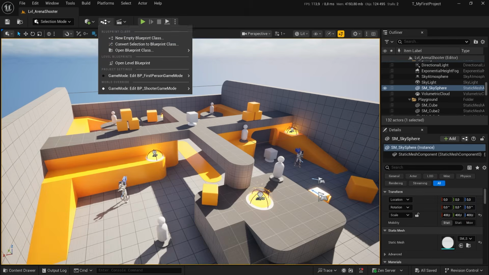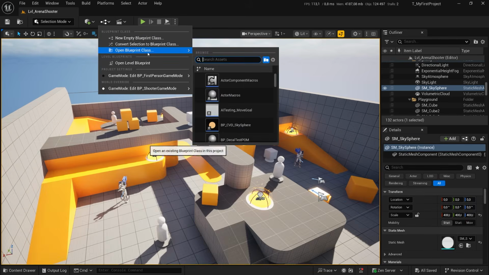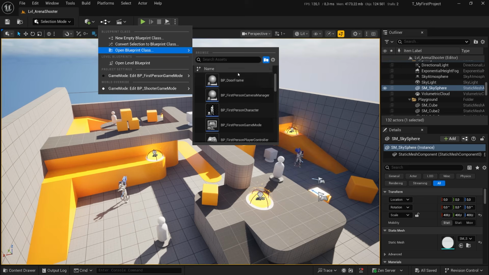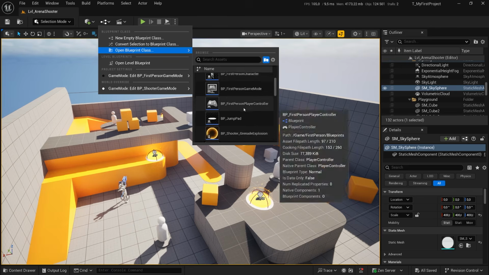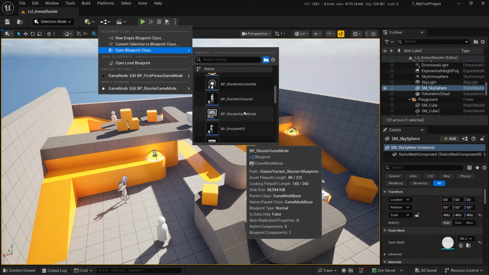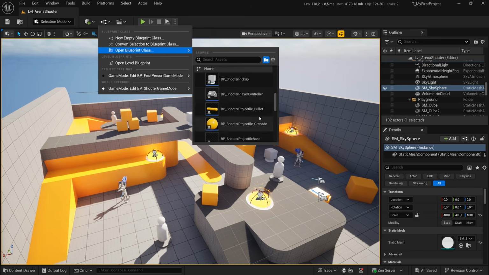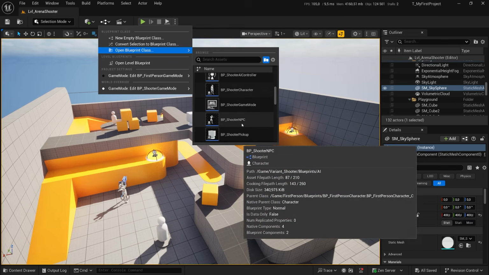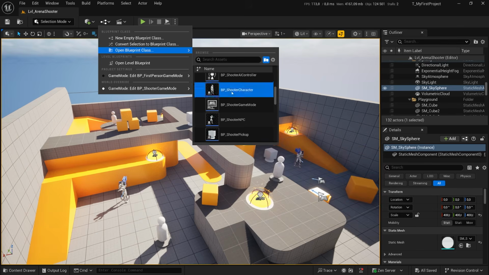You can also come here and open a blueprint class, and you will see a lot of classes here, but let me just click on the cog and remove the engine content. Now I will only see the blueprints that were created for this template. So the blueprints that only exist in this project are those that are in this list. So for example, if we open our shooter character,